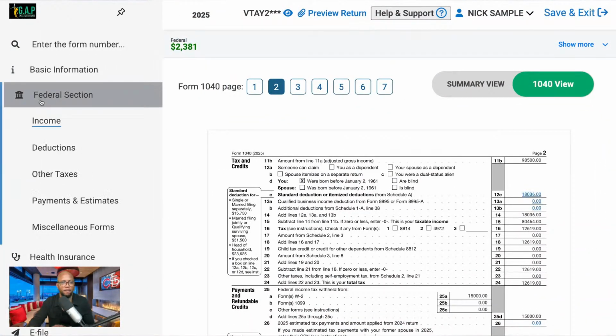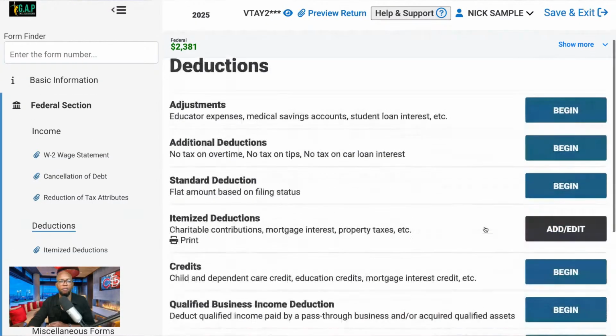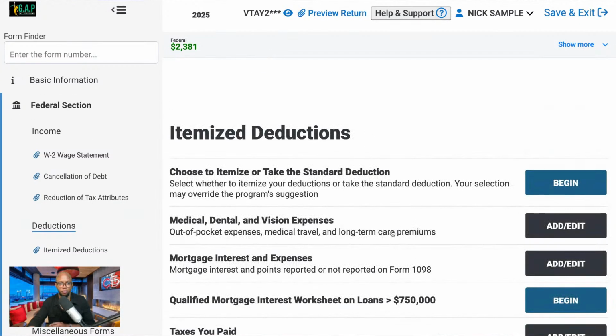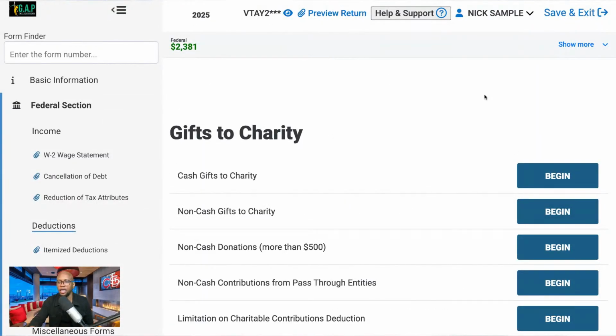So we're going to go back to our federal section. We're going to go to our deductions, and we're going to look for charitable itemized. And we're going to look for gifts to charity. Now, there's a few different ways to do this. Depending on the detailed information he provided for you, you can either enter it as it's entered on the page,